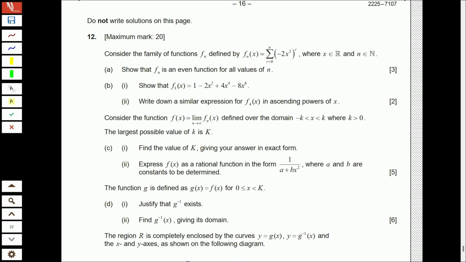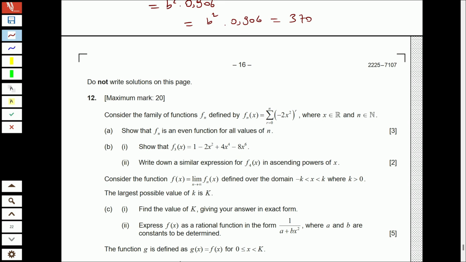Yeah. Question 12. Consider the family of functions fn defined by fn of x. There is sigma notation in here, where x is a real number and n is a natural number. Show that fn is an even function for all values of n. So to do that,